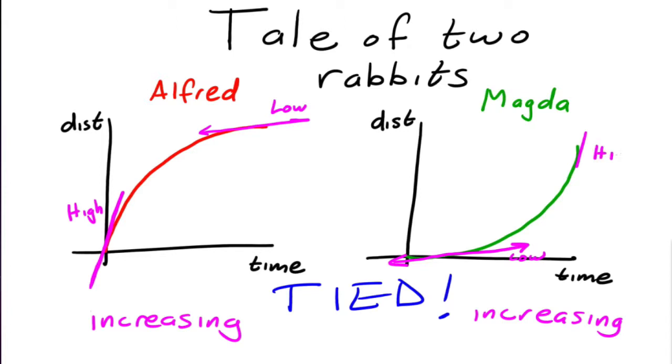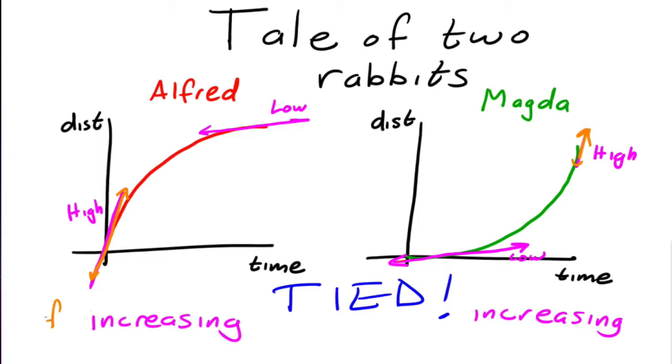So if you look at it in terms of how fast they're going, basically Alfred started off going super fast right off the gate, but then started getting tired towards the end, so he started going slower. Magda started going slow in the beginning and then ended up high. So notice that, so let's say a couple of things. That here we could say that even though